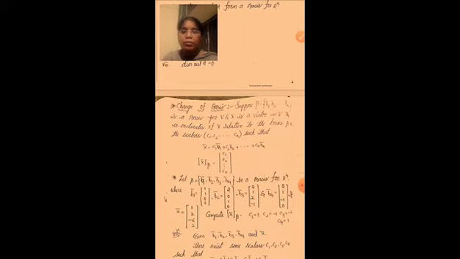So, change of basis. Suppose beta is equal to b1 bar, b2 bar, dash dash dash, bn bar is a basis for V and x bar is a vector in V. The coordinates of x bar relative to the basis beta are the scalars c1, c2, dash dash dash, cn such that x bar is equal to c1 b1 bar plus c2 b2 bar plus up to so on cn bn bar. So x bar with respect to the basis beta, the coordinates are the constants c1, c2, dash dash dash, cn.